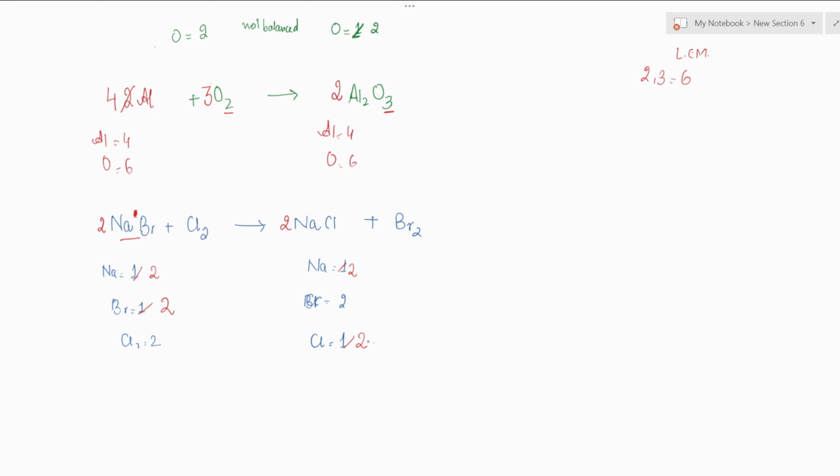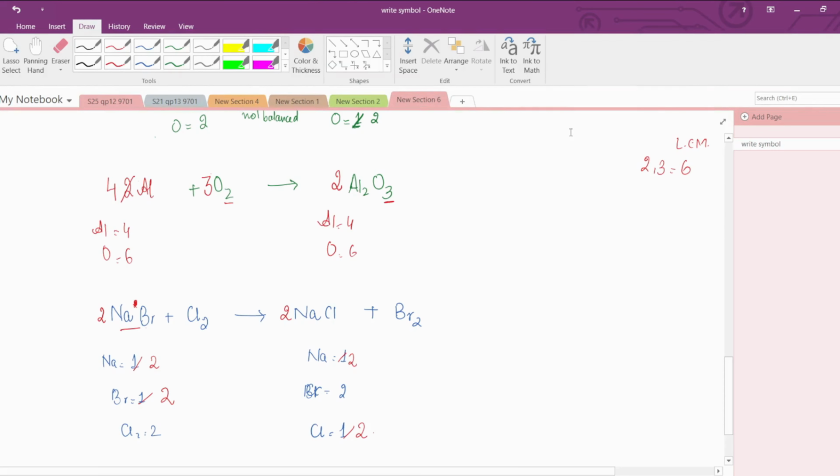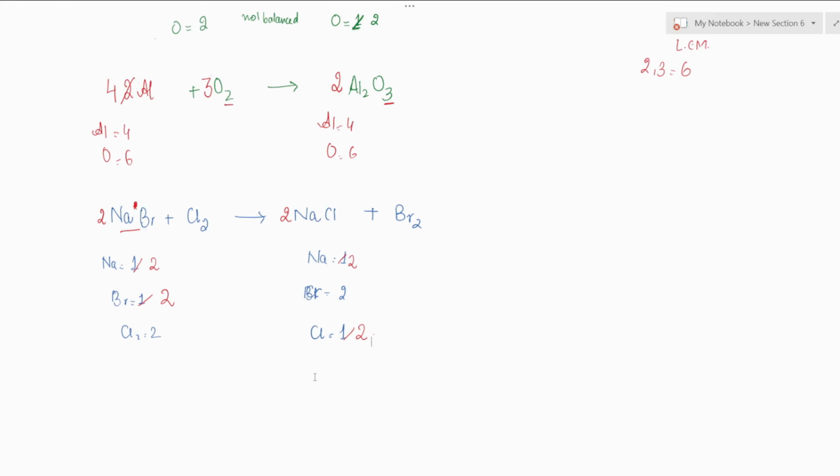Now, let's move to the type of equations. Okay, this is the general balancing that we will need. Let's move to the type of reactions now. So, generally speaking, there are 2 types of reaction. Okay, physical and chemical. Physical one, in which no new thing is formed. For example, melting. Water still remains water,